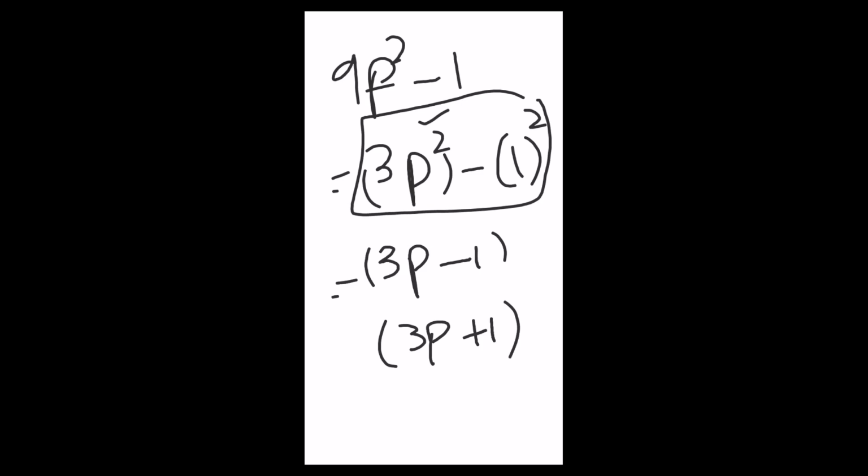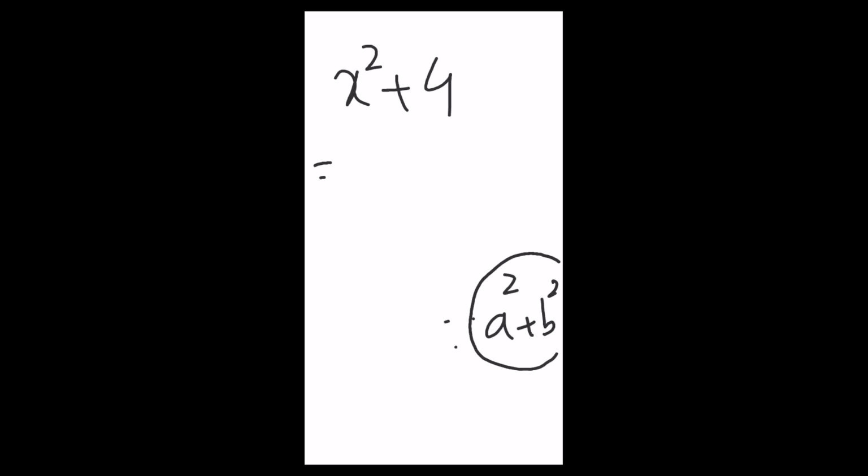Should I repeat it, or have you understood? Okay. I'm just doing the last question, and then inshallah we will be doing some practice questions tomorrow in the class. So if I write x squared plus 4, now I am following the formula a squared plus b squared, because once we are done with the minus 1, we're going to apply the plus 1 as well. First of all, we have to make the question in this form. We have to make a square as well as b square. How? If I write x square, and I know the multiple of 4 would be,